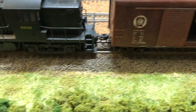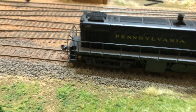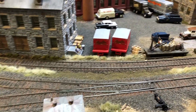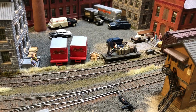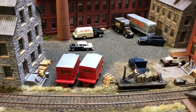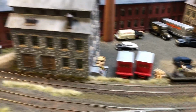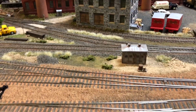This is another area where I put in just a little bit of static grass, again, just in spots on the layout, just to kind of give it some texture. Did come in and added a crane to this little loading dock scene that I added not too long ago. Also added in more odds and ends, some stacks of pallets in different areas, a few more trucks, a little bit more traffic kind of moving through,